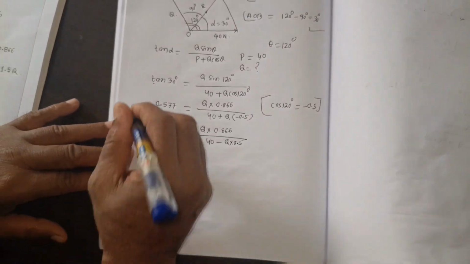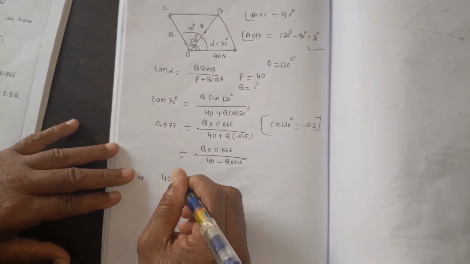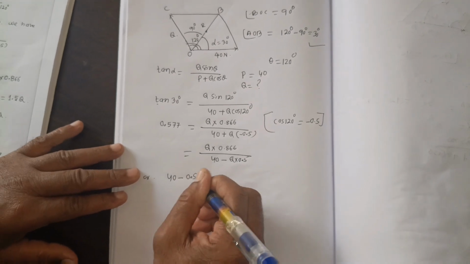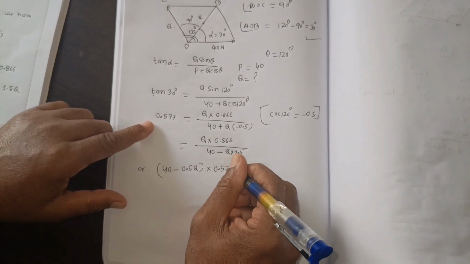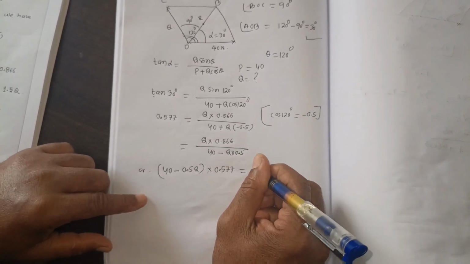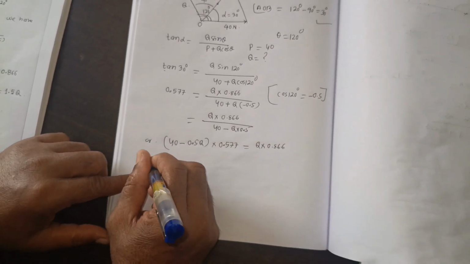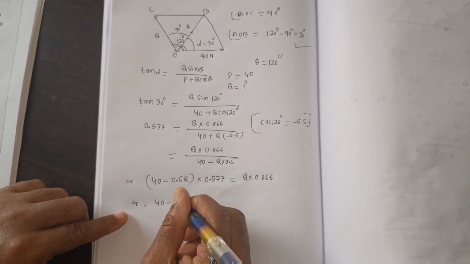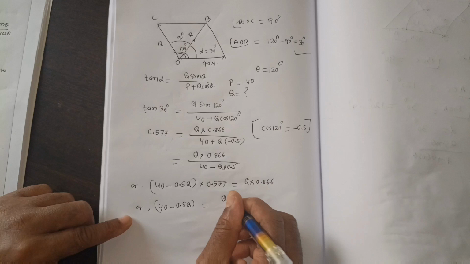After cross multiplication, we have 40 minus 0.5Q into 0.577 is equal to Q into 0.866, or 40 minus 0.5Q is equal to Q into